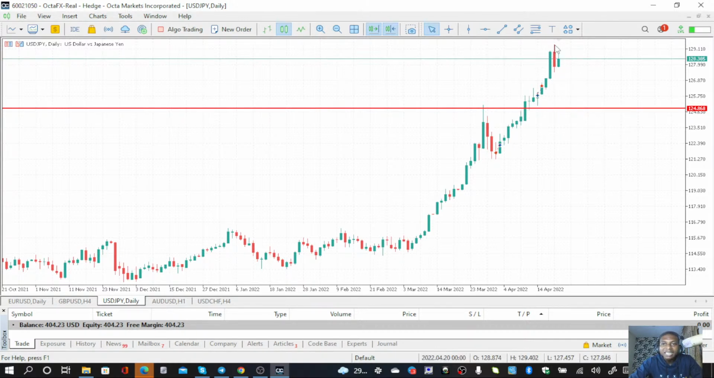Now we can see that there is a rejection, a bearish candle here. The market closed bearish yesterday, but we don't have a confirmation of a bearish movement. What will confirm that the market is going to go bearish is when this candle closes below